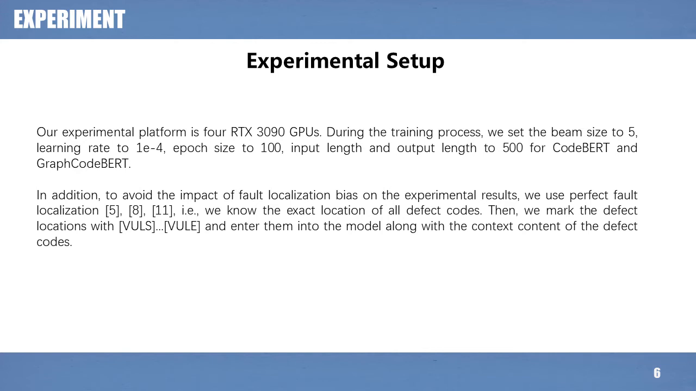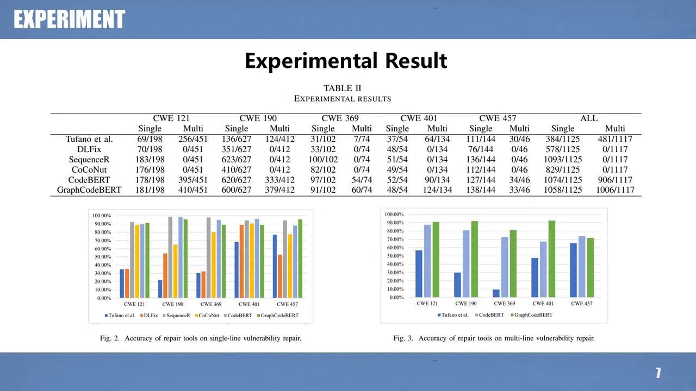In addition, to avoid the impact of localization bias on the experimental results, we use our consistent localization strategy for all API tools or methods. Here, we use the perfect for the localization. Then we mark the defined locations and enter them into the model along with the context content of the defined code. In our experimental results, we show that